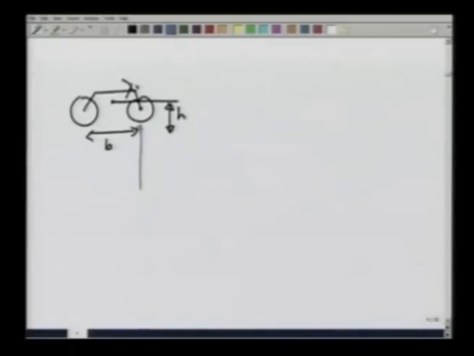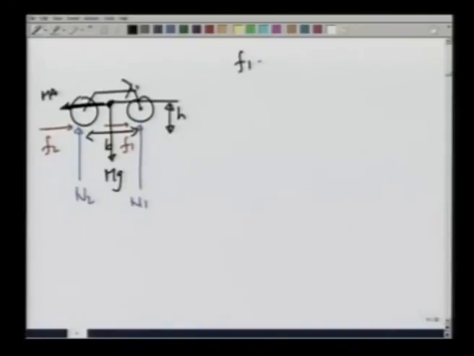There is normal reaction N2, N1, there is friction F2, F1, and there is this force at the center of gravity, ma and mg, and we have already found that F1 plus F2 equals ma and N1 plus N2 equals mg, and balancing the torque about CG equal to 0 gives me